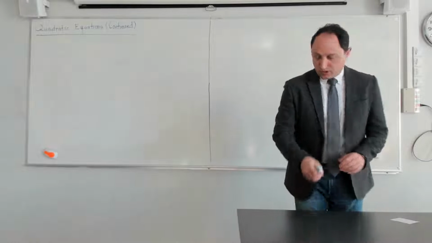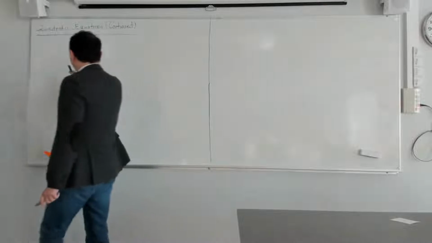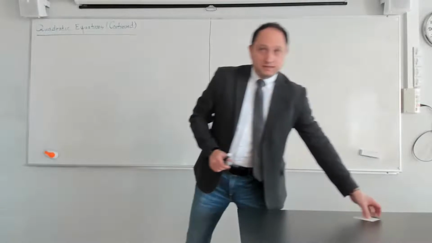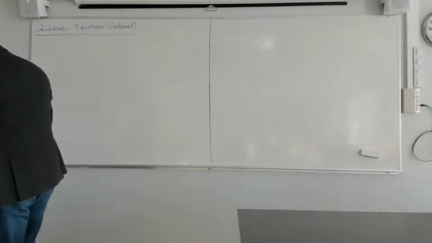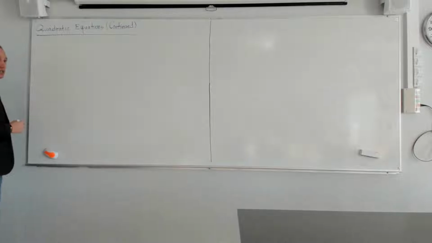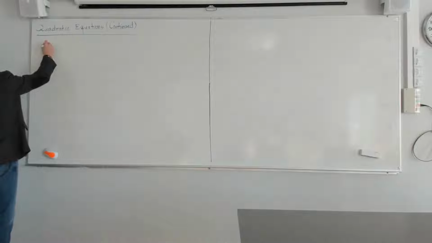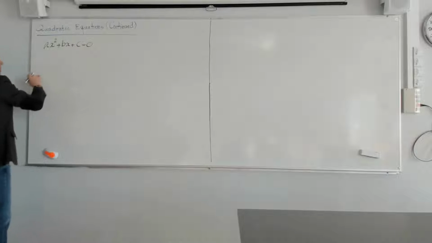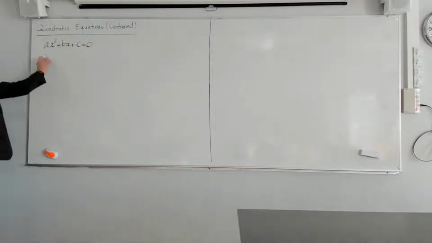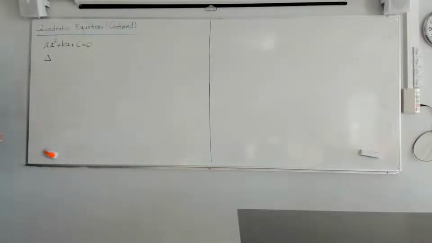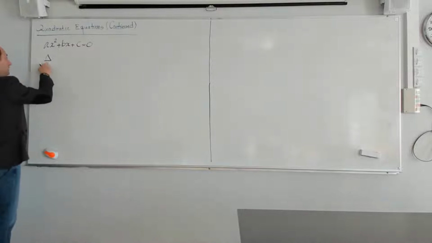Okay, so let me start. Again, we want to talk about the quadratic equation. Let me just refresh your memory a little bit. Last time we talked about the ABC formula. We learned that if I have a quadratic equation of this form, in order to solve it, one possible way is to calculate the discriminant, which we show by delta,